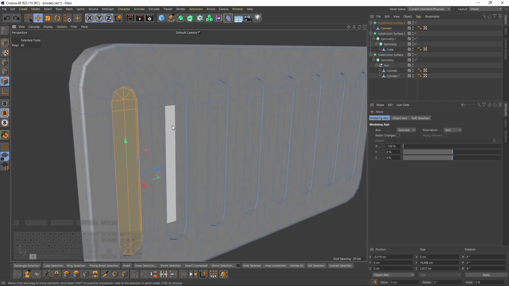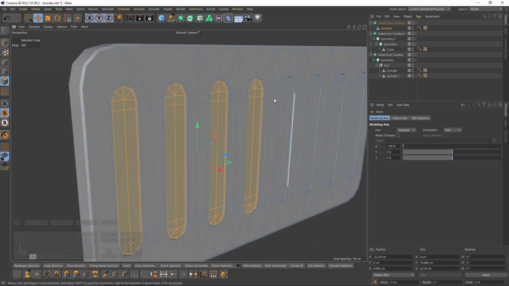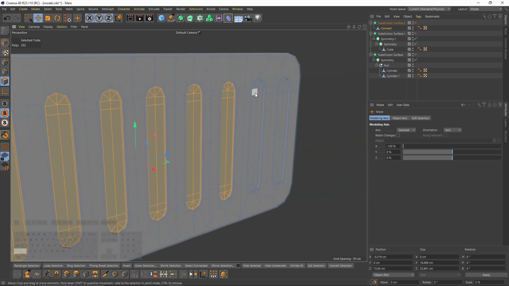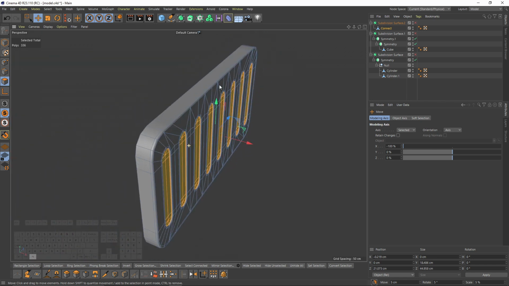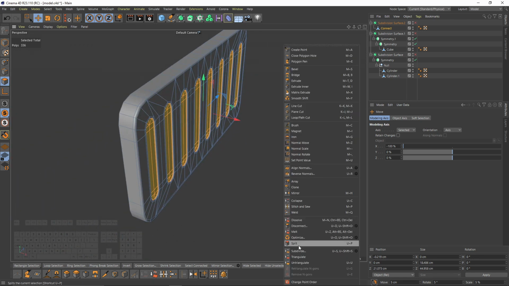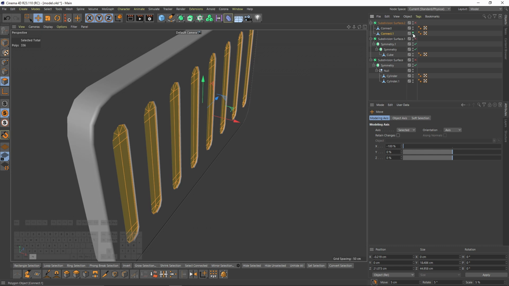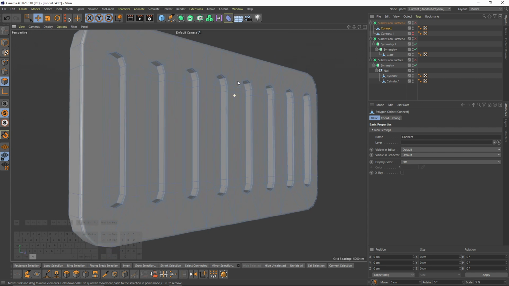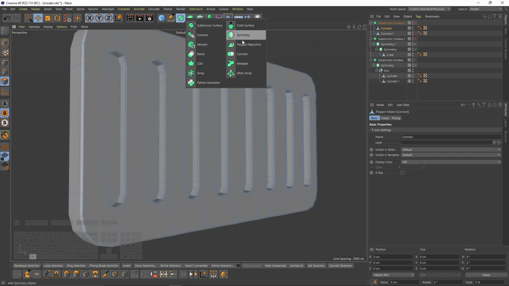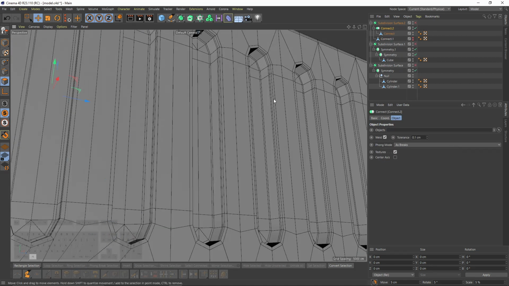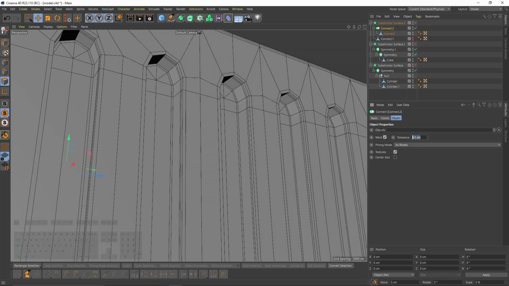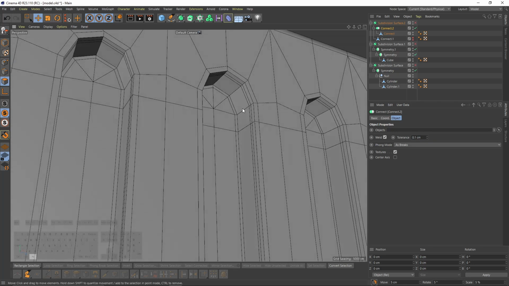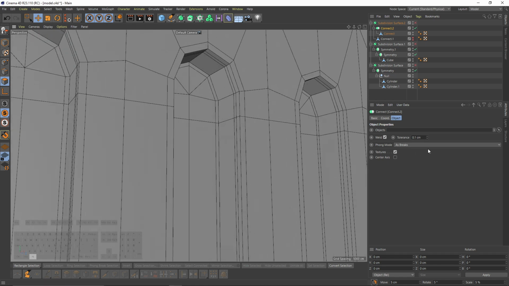To fix that, first I will double click on these polygons, right click, split, then I will hide them, then go to my first object and delete. Then I will put that object in a connect, then I will increase my tolerance to merge the duplicated points. Let's make it 0.2,